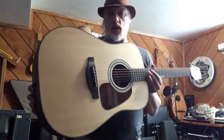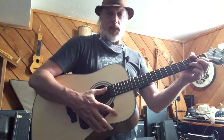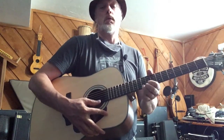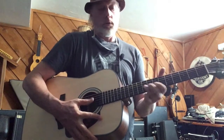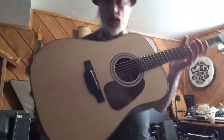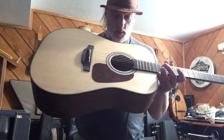Hey folks, we're back to the easily recognizable Dreadnought shaped guitar that just about every acoustic guitar company makes. And this is kind of a flagship model for Takamine. Anyway, this is a GD10. Now, technically, it's a GD10NS guitar. It's kind of one of their mid-range models with the select spruce top, mahogany back and